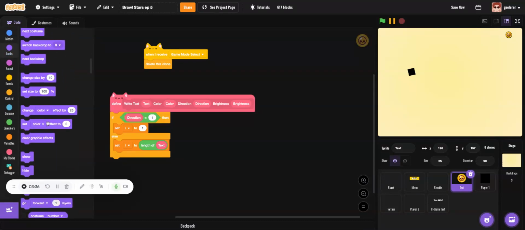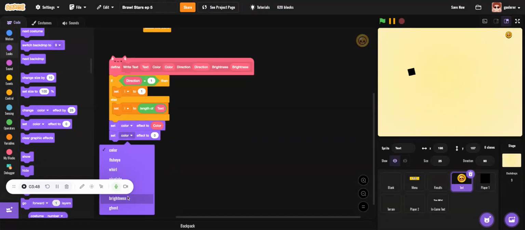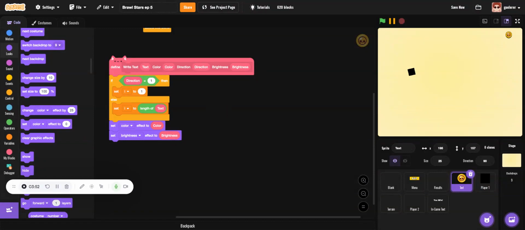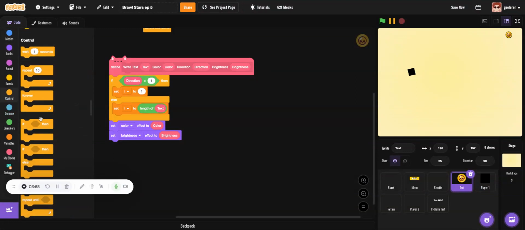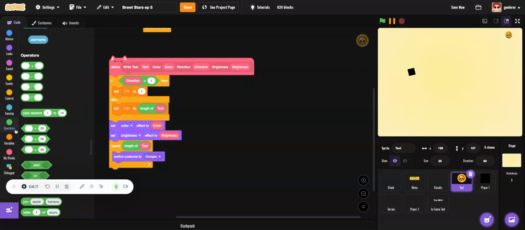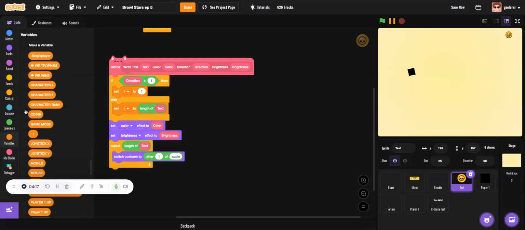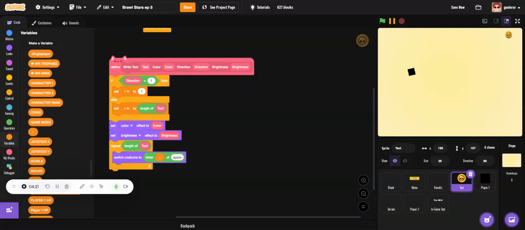Now set color effect to color, set brightness effect to brightness, repeat length of text, switch costume to, from the operators, letter i of text,